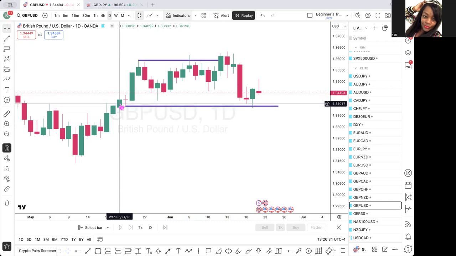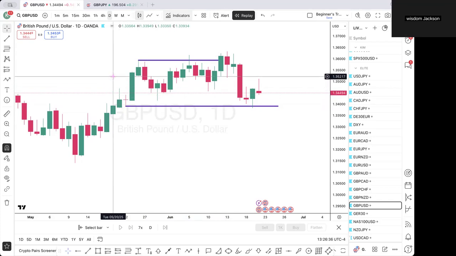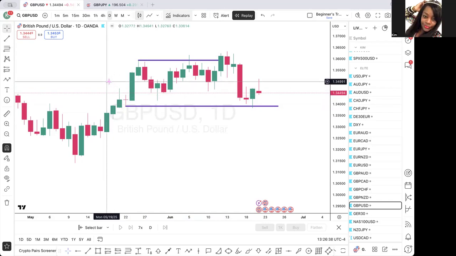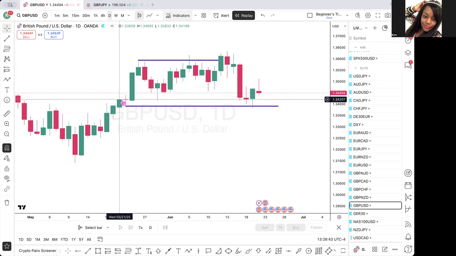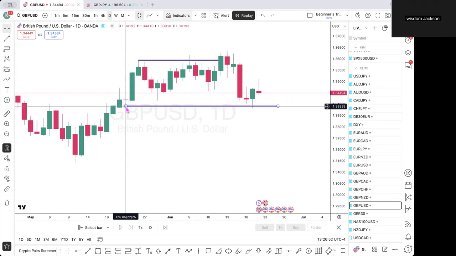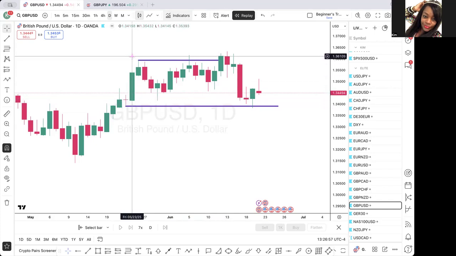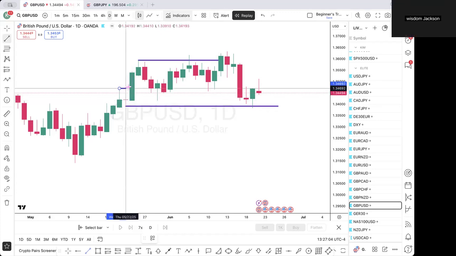Price, this candle right here, this daily candle. See that wick, right? That wick on that candle. Price pushed up and then pulled all the way back and closed right here. When it closed here, it pushed down and then closed here and then pushed up. So after this daily candle right here,